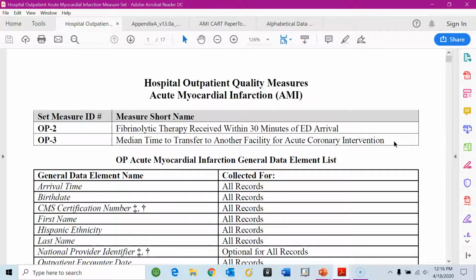Now this section describes the measures in detail, but because this session is about abstraction, that's what we're going to focus on. So your first step in abstraction is determining your population, your population for the measure set. And what we mean by population are which records do I need to abstract. So in this section,